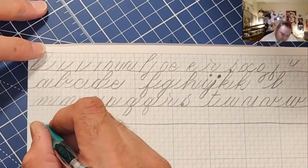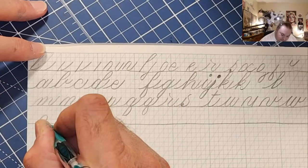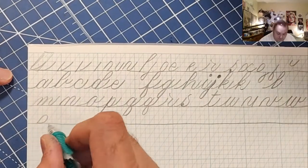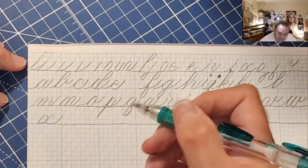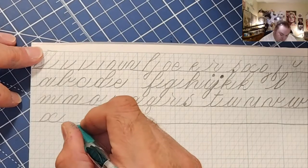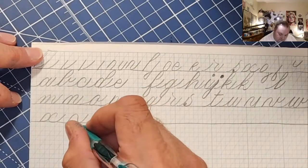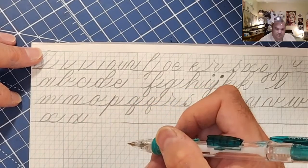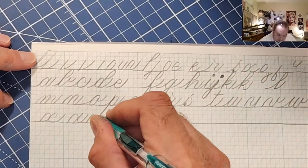X, we're going to do an overturn, a modified overturn. We're going to come up, come down, and we're going to curve in, and we're going to basically make a teardrop shape. And then we're going to make a C shape. So you can make a modified overturn, a modified compound curve, but it needs to be crossed in the middle. And the only way to do that is by extending it